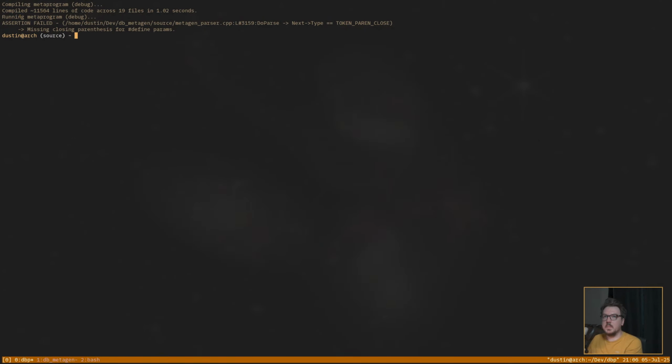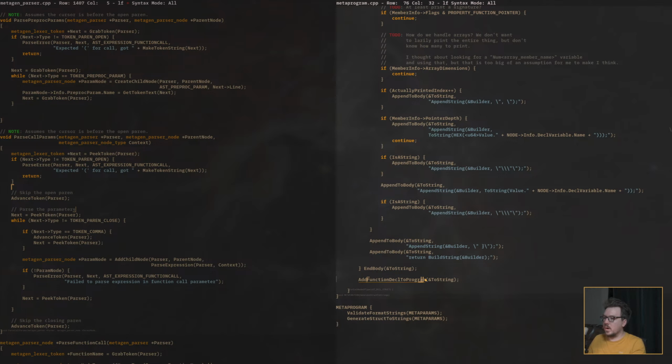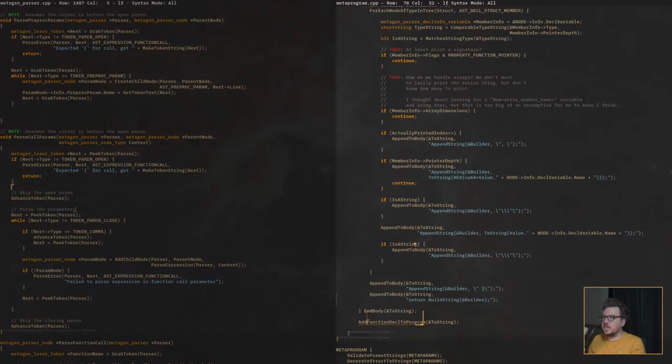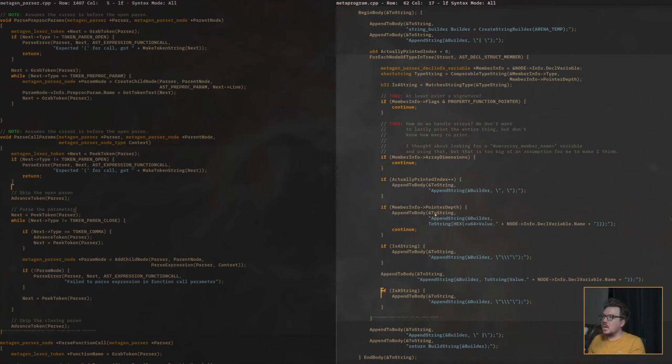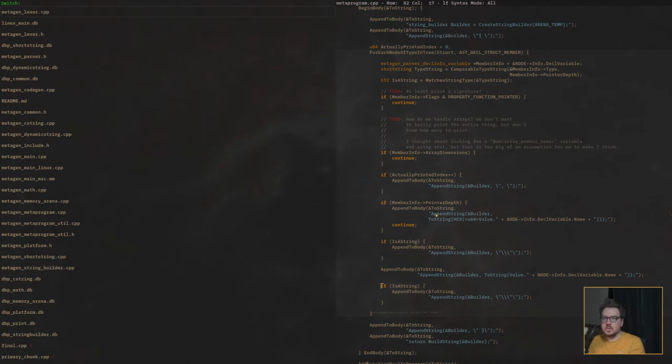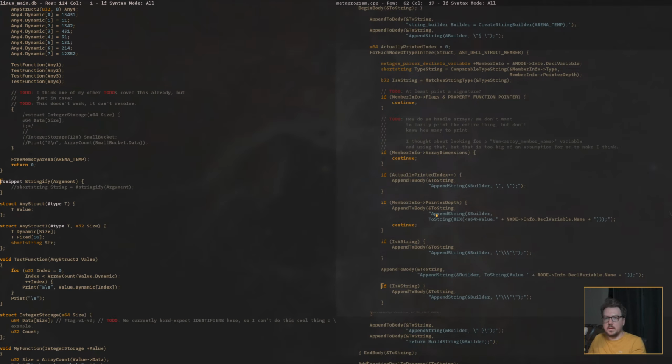So this is what the metaprogram looks like. It's just C. So you can say like for each node of type, you can see here when it says running metaprogram, that's what's getting run here. You can just loop over all the structs in your program, for example, and spit out code. You can create functions. You add them to your program, and it basically generates a giant syntax tree that it will then spit out in code. And as part of that, I am also exposing some of that to this textual layer.